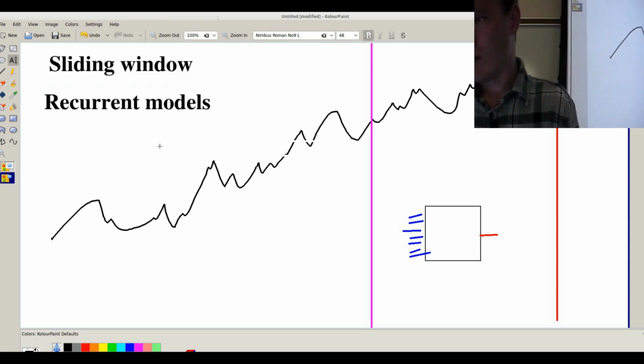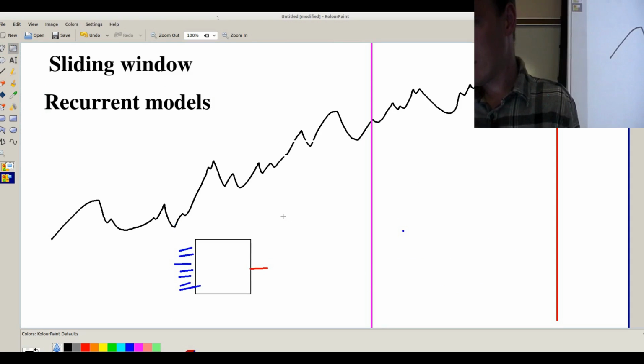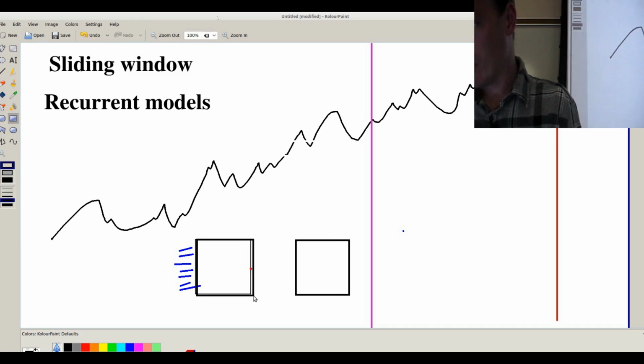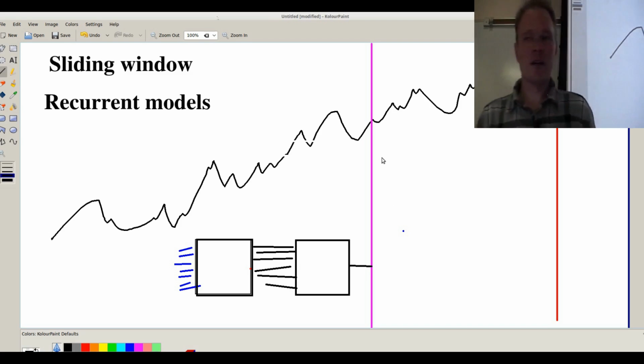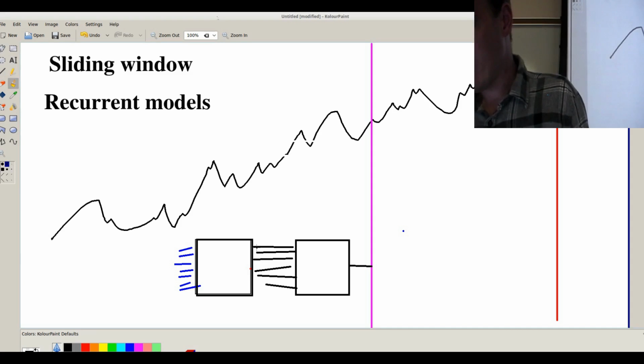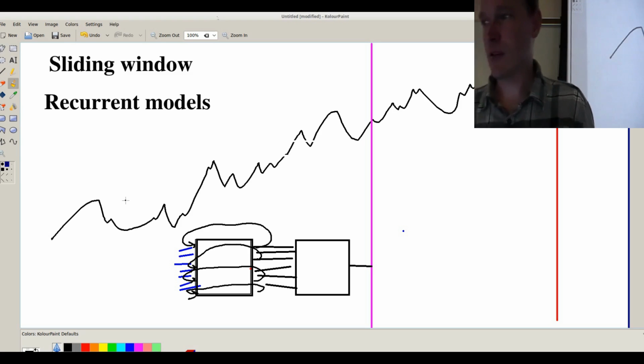I haven't really taught recurrent models yet, but think about it like this. There's kind of two models, not just one. And somewhere here in the middle, there's a bunch of values passing through, and then we're eventually going to make a prediction. Two models, right? Here's what makes a model recurrent, is if you take these intermediate values and you feed them back in. Now this is a recurrent model.